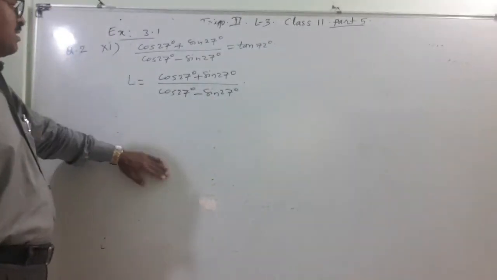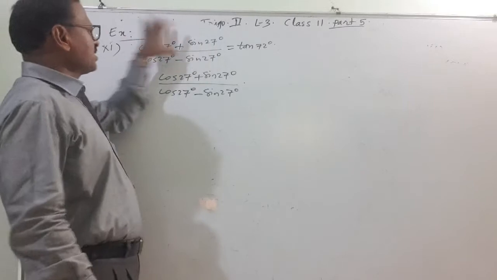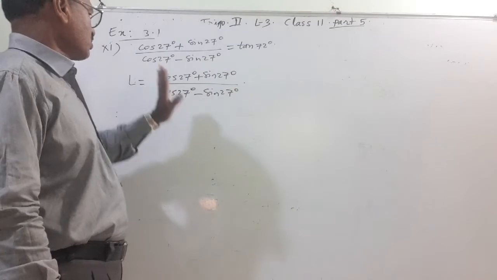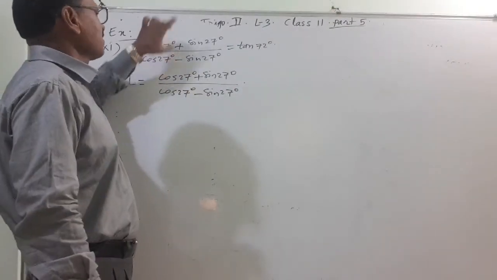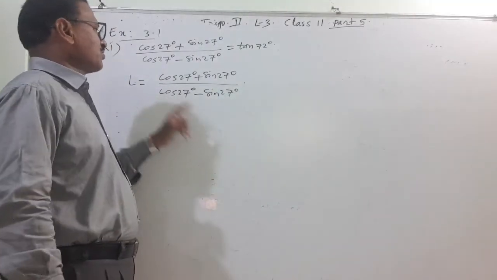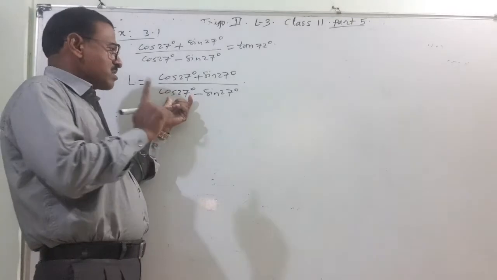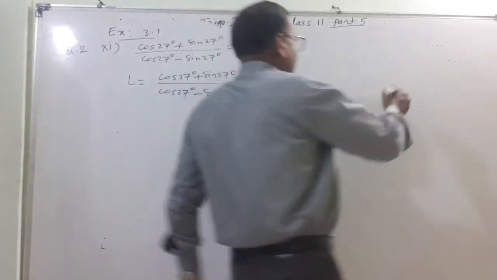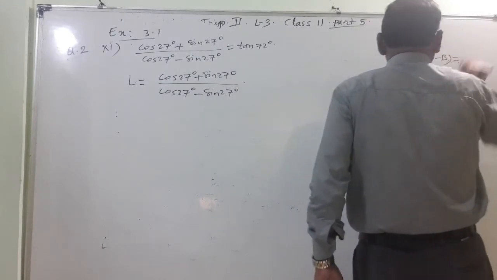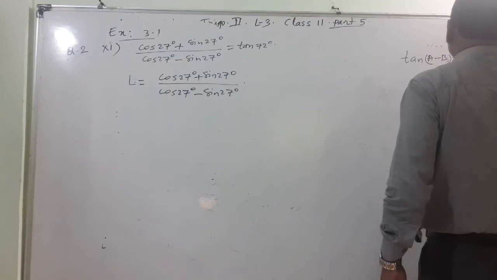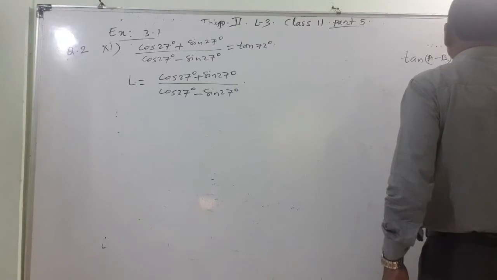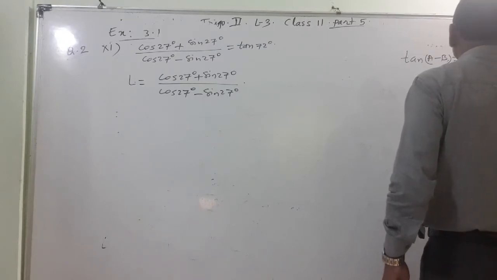Okay. I have to definitely convert this into tan. That's only what I know. I don't know anything else. I know that this is nothing but tan, so I have to convert this also into tan. And if I want to convert this into tan, here it should be 1. Anything, tan of A minus B or A plus B, whatever it is, here tan A minus tan B, and here it is 1 plus tan A into tan B.